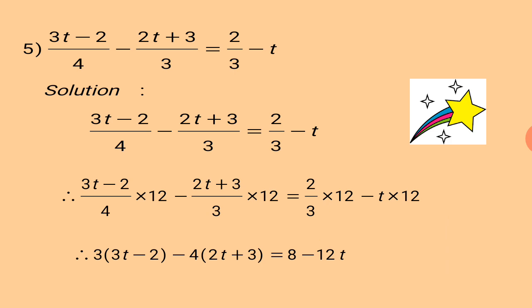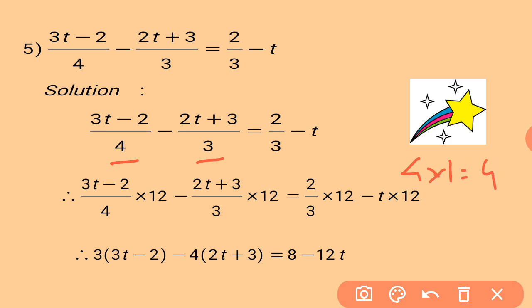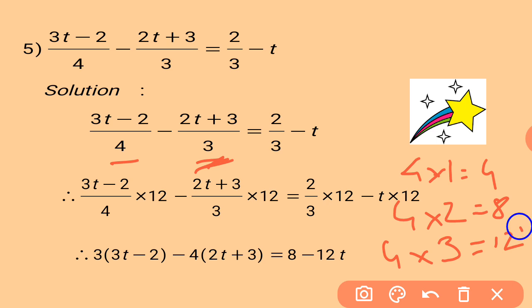Again children, to find the LCM, we have to find the LCM of 4 and 3. The larger number is 4. So we'll start with the table of 4. 4 ones are 4. Do you have 4 in the table of 3? No. So proceed. 4 twos are 8. Do you have 8 in the table of 3? Again no. 4 threes are 12. Now in the table of 4, 12 will always be there, but it is also there in the table of 3. So we decide that our LCM is 12.